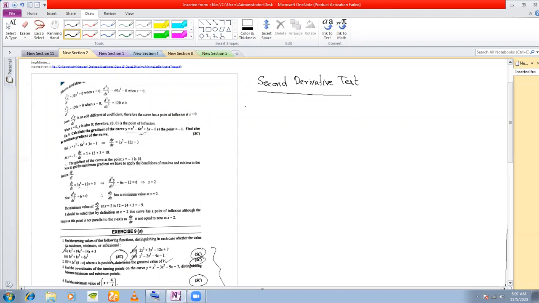for extreme points, you must have dy/dx equal to 0. Okay, always for extreme points. And now for the second derivative, what you have to do is